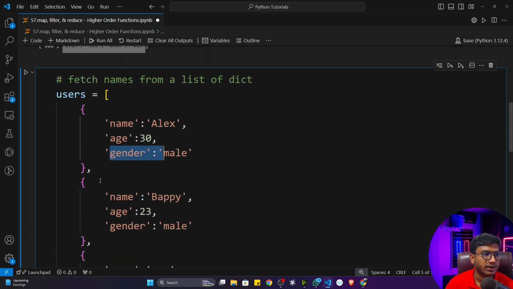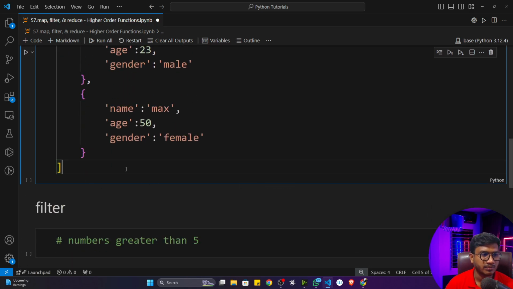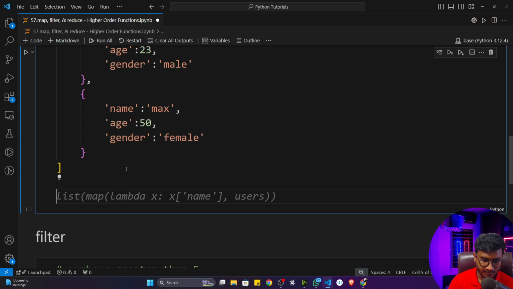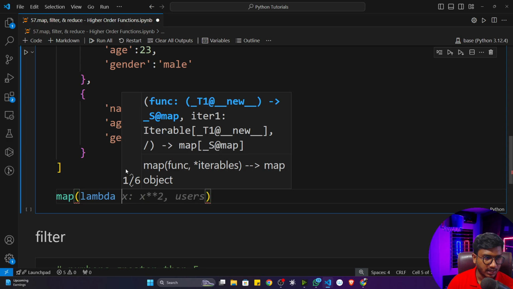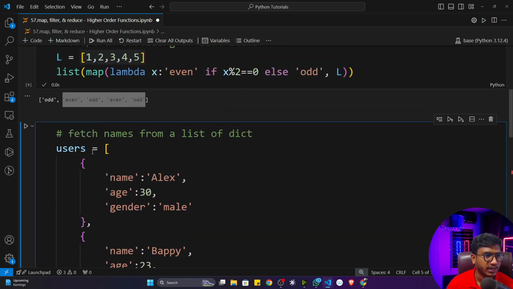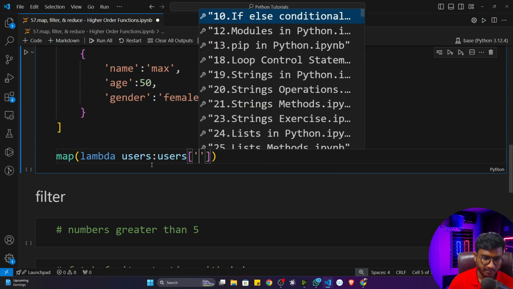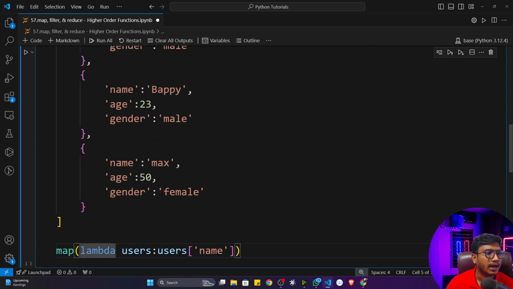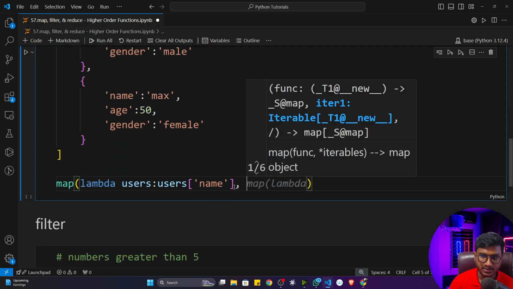Now let's say I only want to fetch the name from this particular list of dictionaries. I can use this particular map function. Let me show you. Inside that, I'll write a lambda function, and it will take the input, let's say user. That means this particular user object will be the input, and it will just return user name. Because it's a dictionary, I can extract this particular key, the name key only. Now here I need to pass this particular